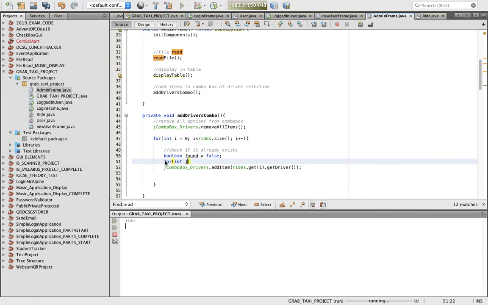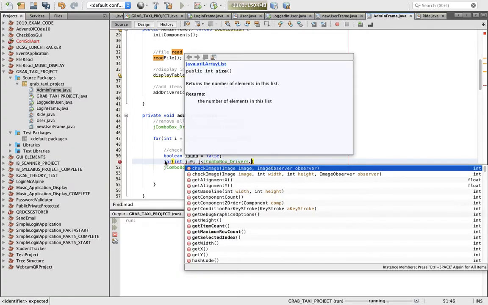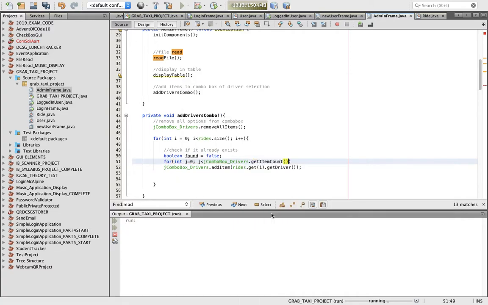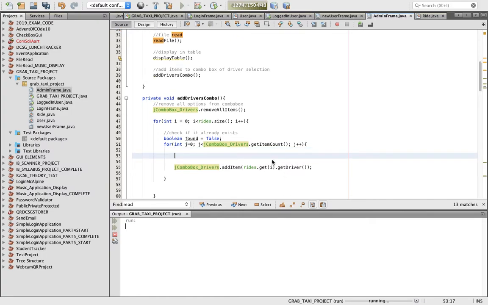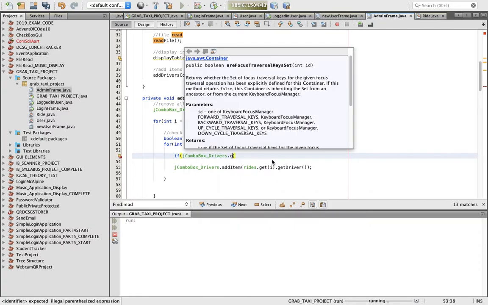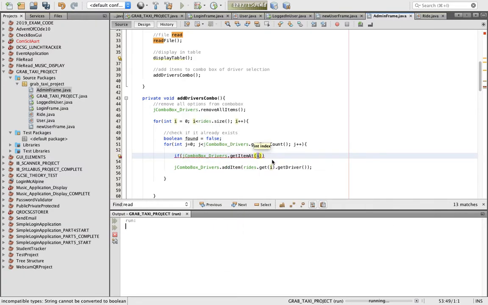So for int j equals 0, j less than combo box underscore drivers dot get item count, j plus plus, getting complex here. We're going to end up moving that if j combo box underscore drivers dot get item at j